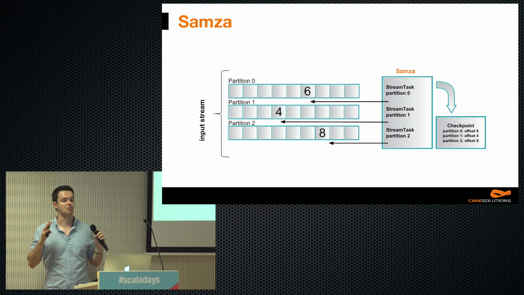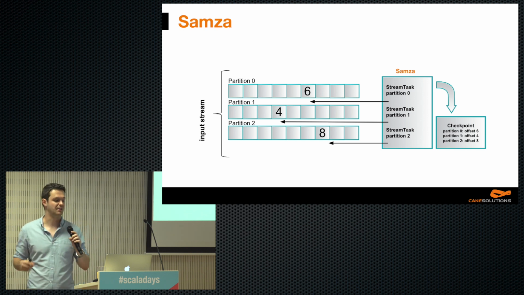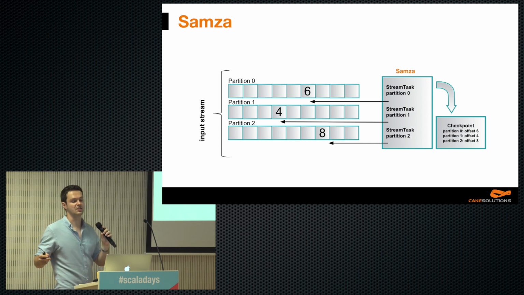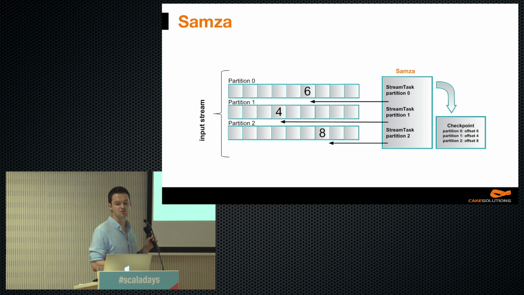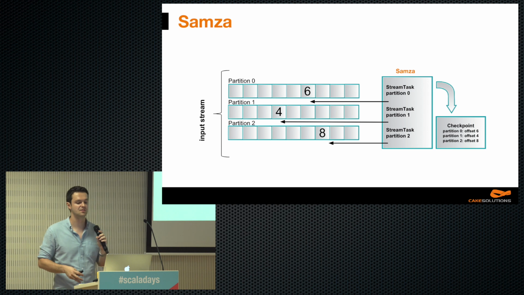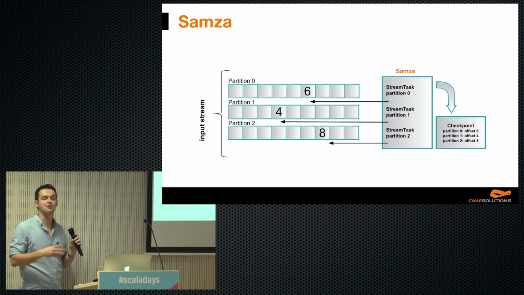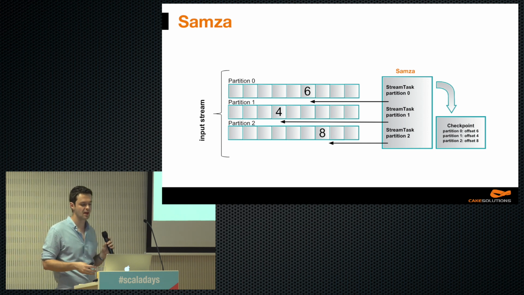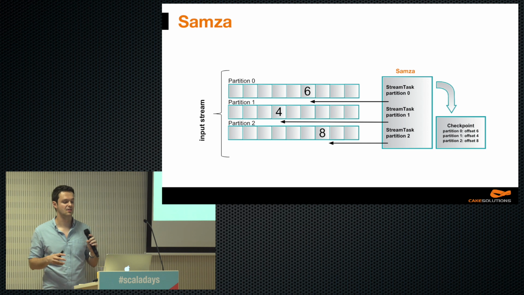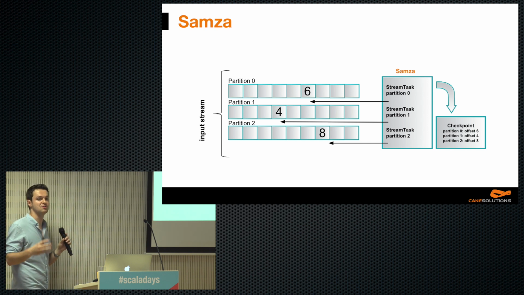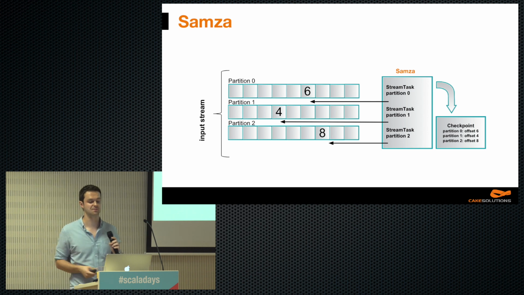Samza's approach is also very different. It takes advantage of a durable offset-based messaging system. It's usually Kafka, of course. Samza monitors offsets of its tasks and moves them when a message is processed. Offsets can be checkpointed in persistent storage and restored in case of failure. The problem is when it restores offsets from the last checkpoint, it does not know which upcoming messages were already processed, and it might process them twice. So that's at-least-once delivery for us.